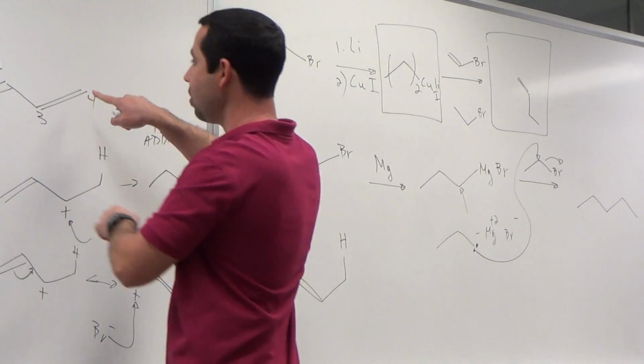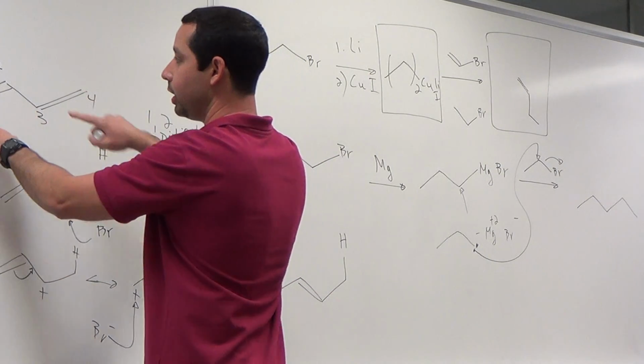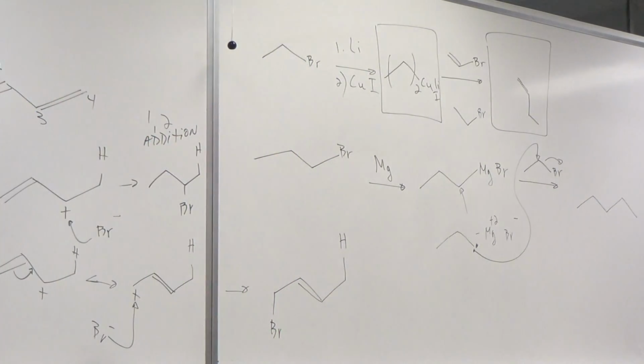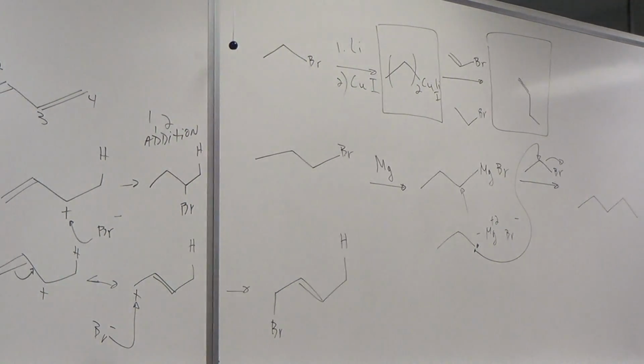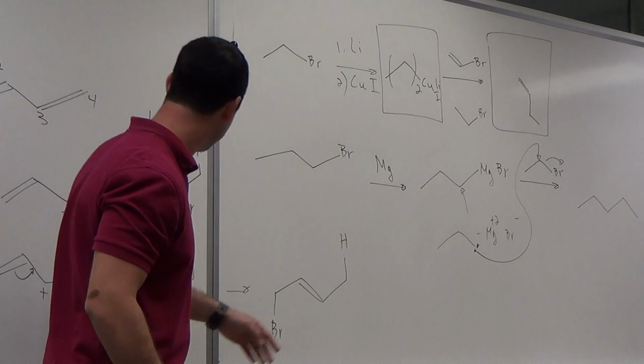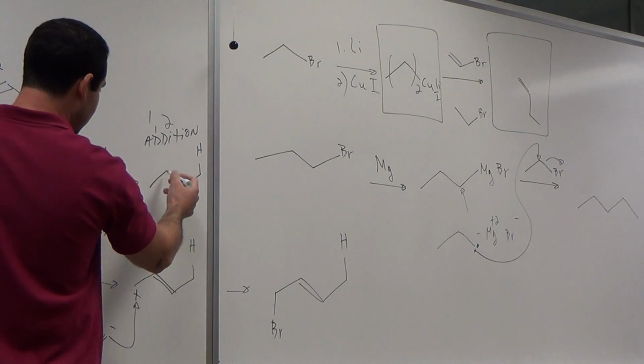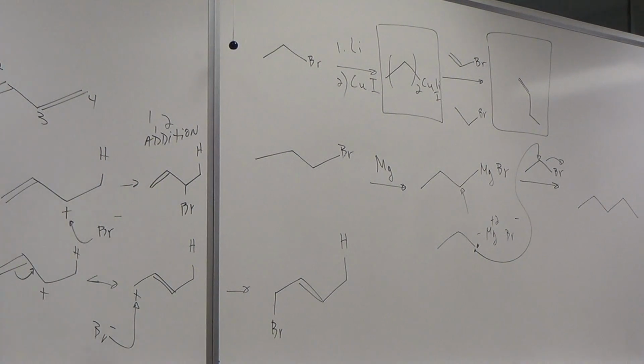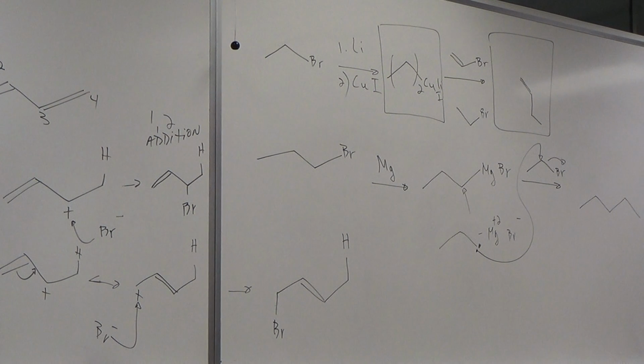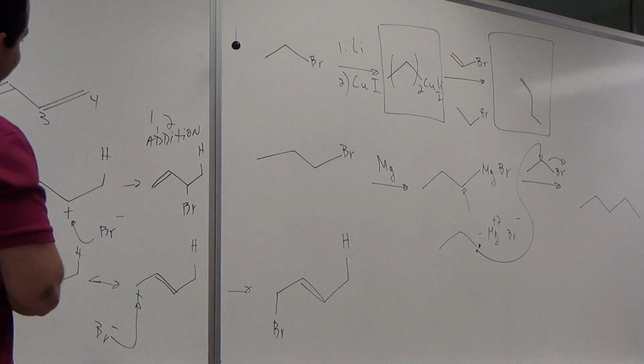Versus one was added here and the other one here, or one here and the other one there. Is that clear? 1,2 versus 1,4. Now, which one of those two is more stable to you? Is this 1,4 more stable? Yes. Oh, wait. I didn't draw this double bond here, did I? You were going to say, but you never said it, because you didn't want to be annoying, right? Exactly. Good job. So 1,4 is more stable.